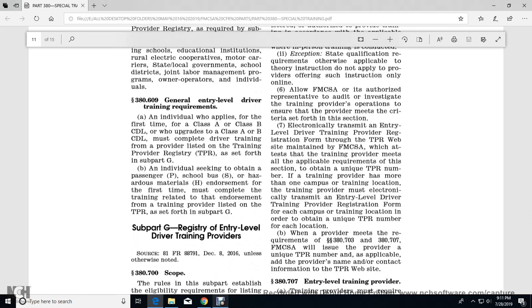Seven, electronically transmit the entry-level driver training provider registry form through the Training Provider Registry website maintained by the Federal Motor Carrier Safety Administration, attest that the training provider meets all the applicable requirements of this section, and obtain the unique training provider registry number. If the training provider has more than one campus or training location...